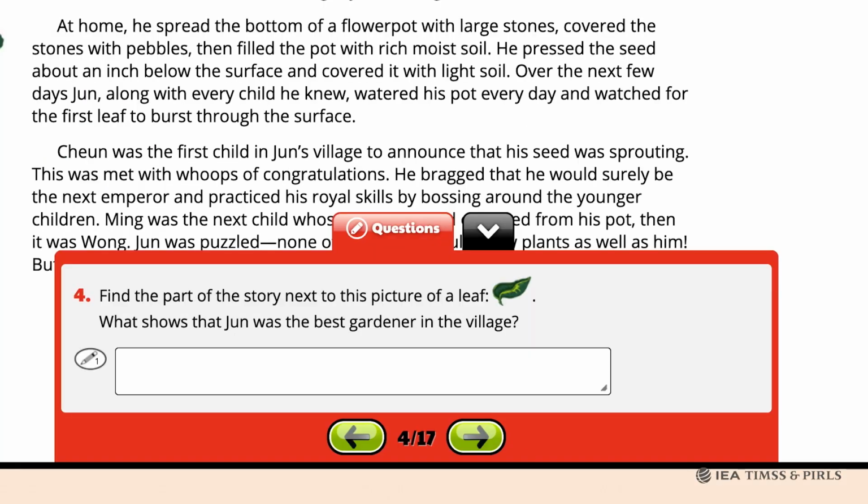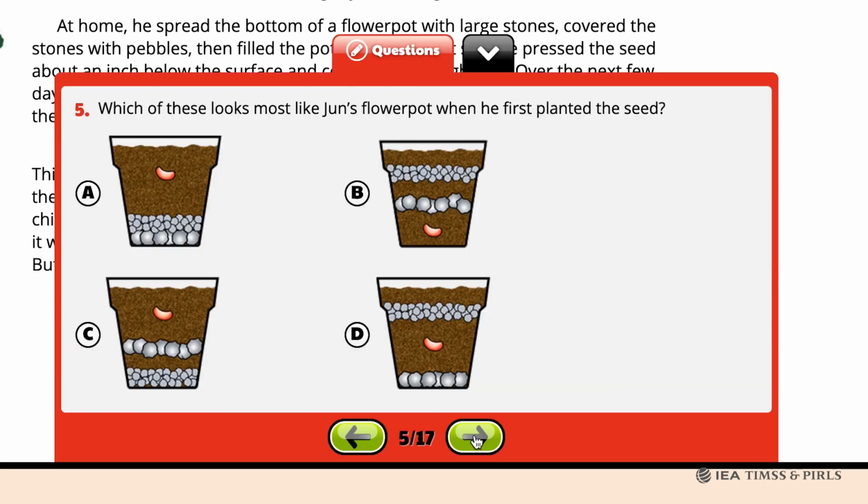To answer the question, what shows that Jun was the best gardener in the village? Students type in a response similar to, his neighbors loved his vegetables. Question 5 asks, which of these 4 images of flower pots looks most like Jun's flower pot when he first